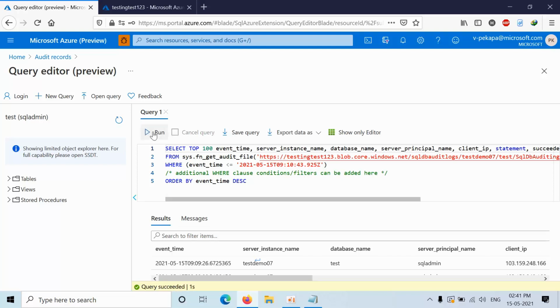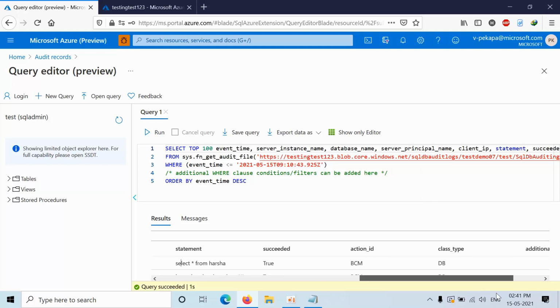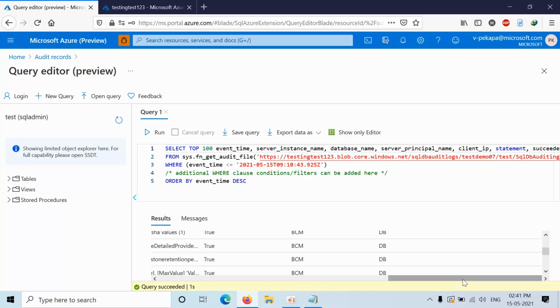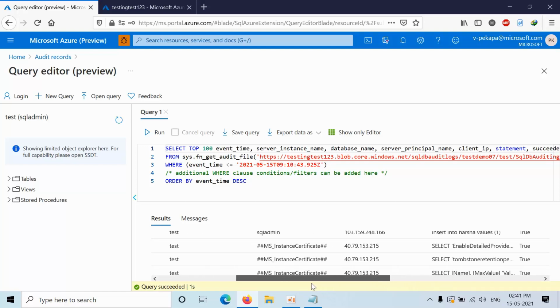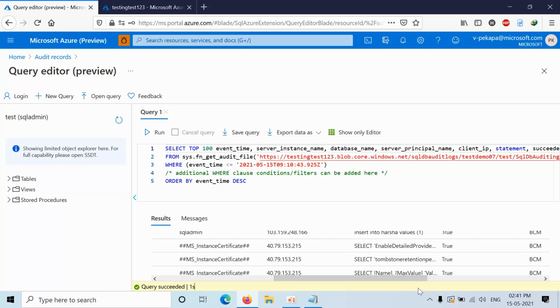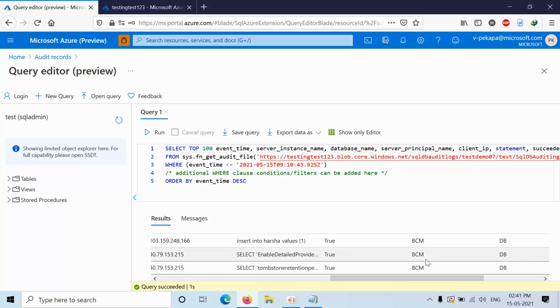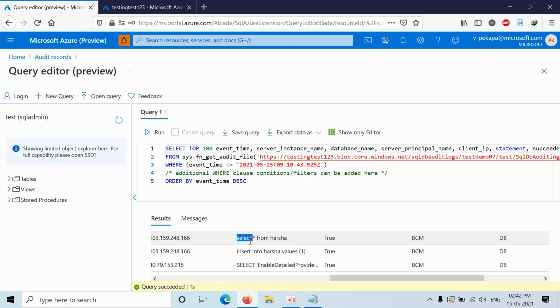Click run. Scroll up a little bit. See here, I am able to see only two records: select star from and the insert. I have seen only the select and insert statements.